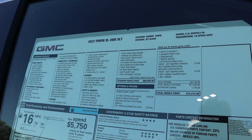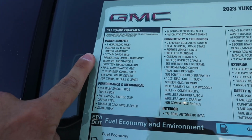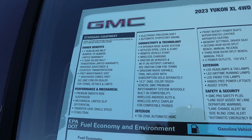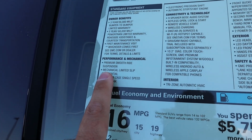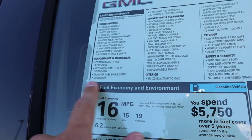So here's our window sticker for this 2023 SLT, and you guys can see here 3-year 36,000 mile bumper to bumper, and then 5-year 60,000 mile on the powertrain. We have the premium smooth ride suspension, and then mechanical limited slip differential, and then this one has, again, the